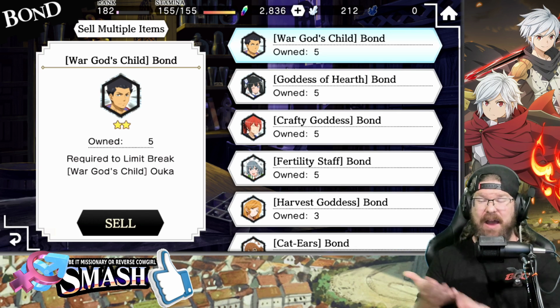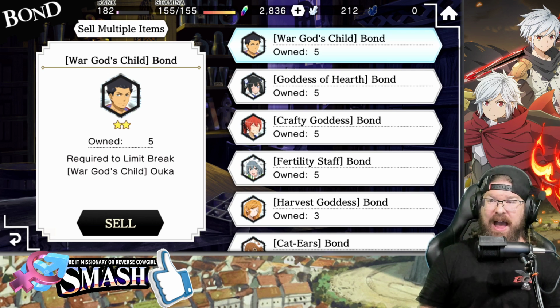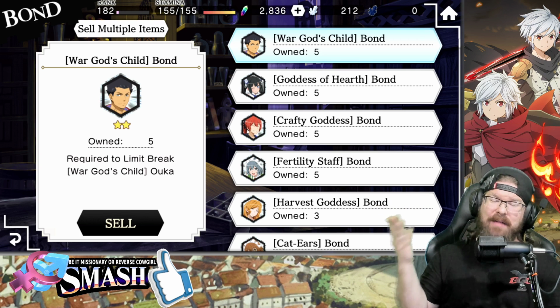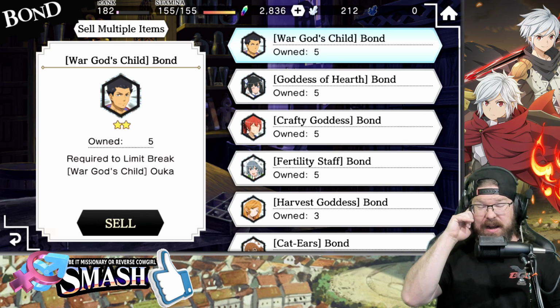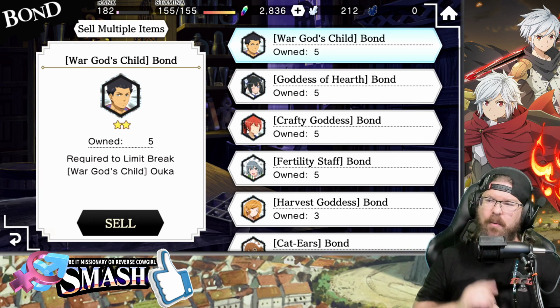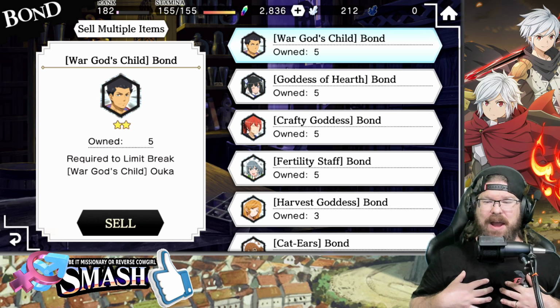Like, literally everything should be gone. Now, for me, I know for a fact that all these 2 stars, I'm probably not going to max. But I'm definitely not going to max on my 3 stars. Now, there is a benefit to this. I will talk about that here in just a moment. But for me, for where I'm at currently,